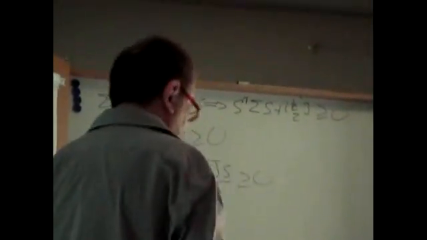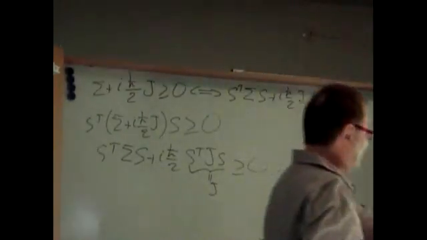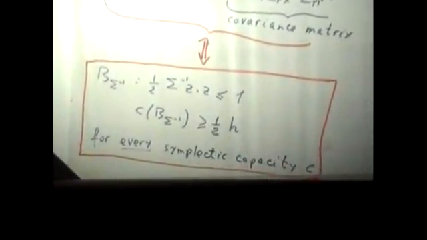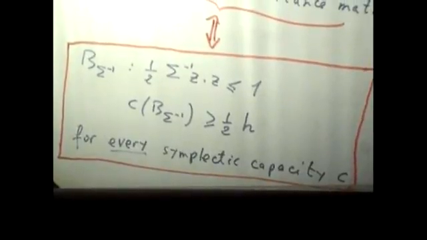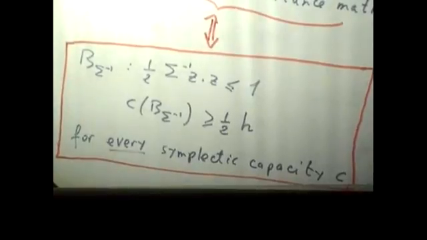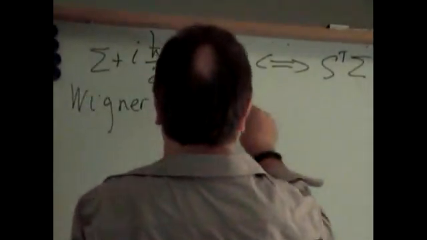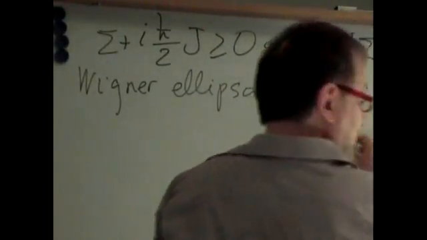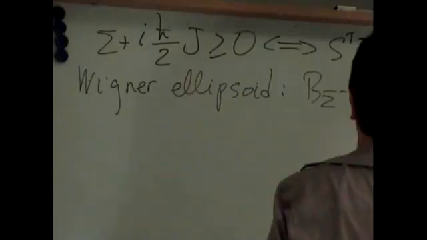Now, by doing some not very difficult calculations, you evaluate the symplectic capacity of this ellipsoid. Take a look at an ellipsoid associated to the inverse of the covariance matrix. This is what I call the Wigner ellipsoid. The ellipsoid, V sigma minus 1, is defined by the simple conditions 1/2 of sigma